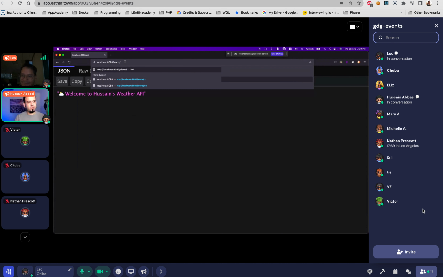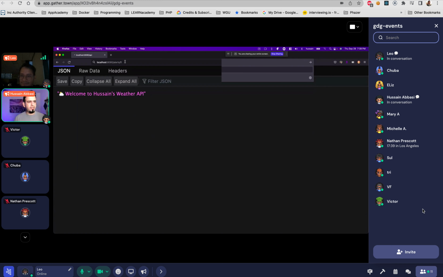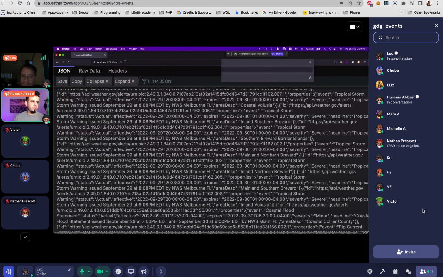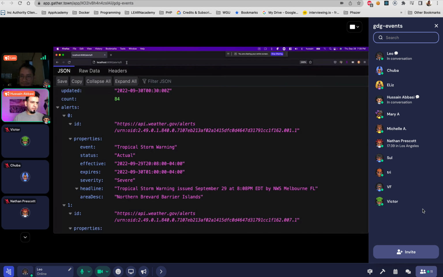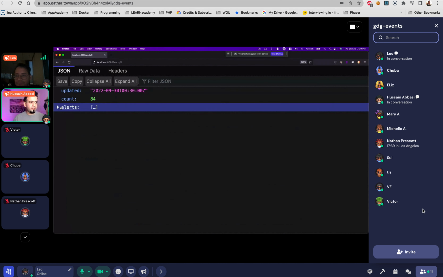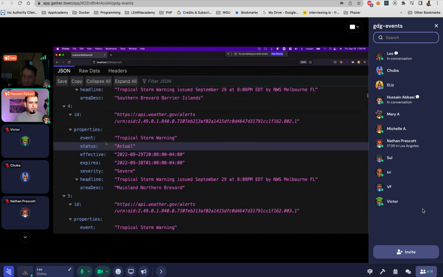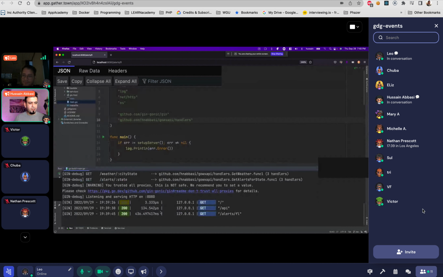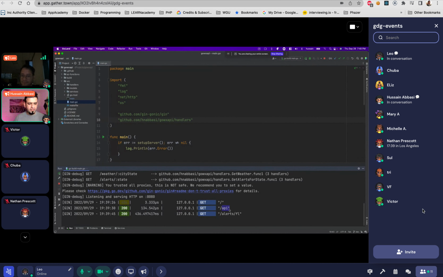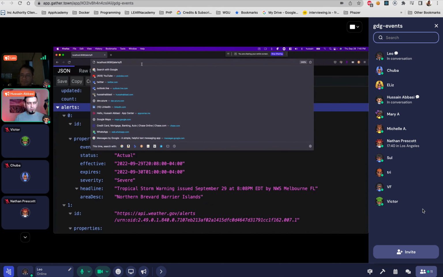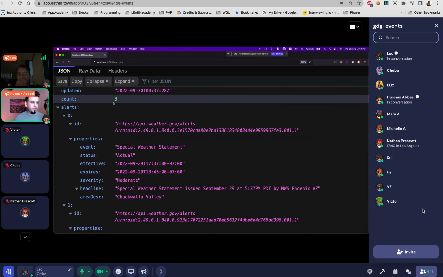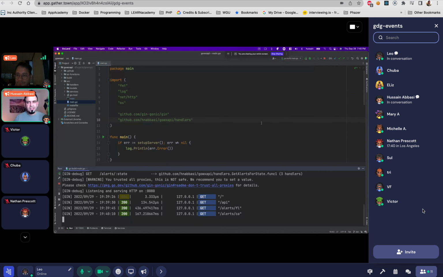And because we know Florida is having a lot of activity, if you go to the browser and say /alert/ the state code, it will come back with the list of alerts. So it's telling me there are currently 84 active alerts for that whole state. And these are just the details of that alert. Right? So it's coming from my Go, and you can see down here that I called /API, and I called /Florida, right? And the same thing will go for California, because I know there are some people from California. You guys have 3 right now, so you know that's safe.